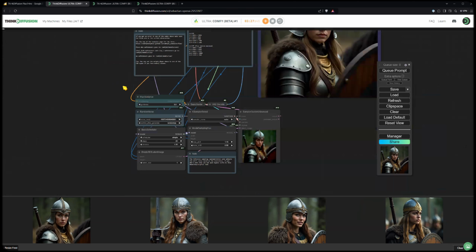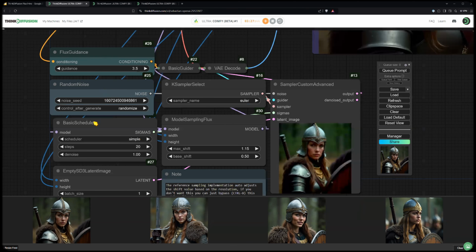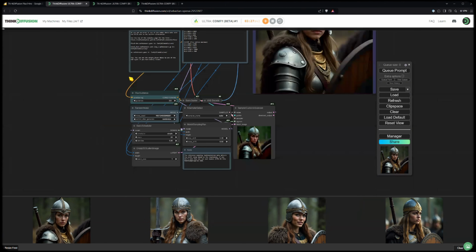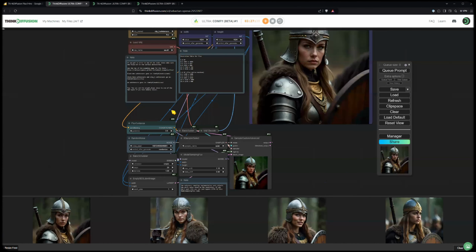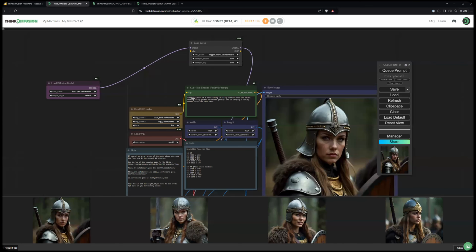You can put it wherever you want in the model chain, as long as it's somewhere in between. You also have to connect the clip: take the clip from the clip loader, and then a clip into the prompt.